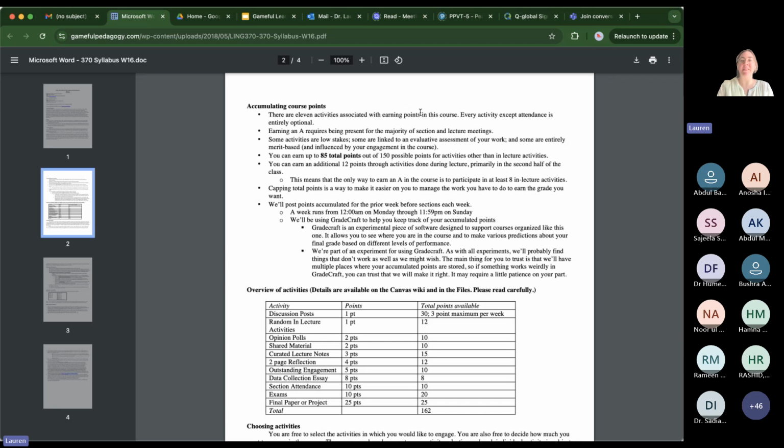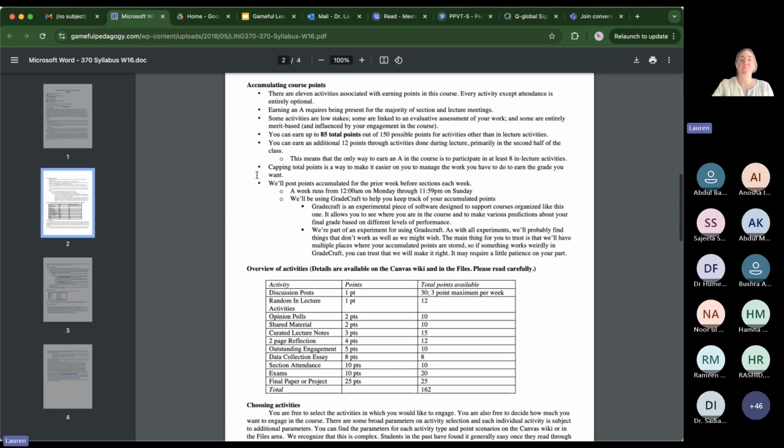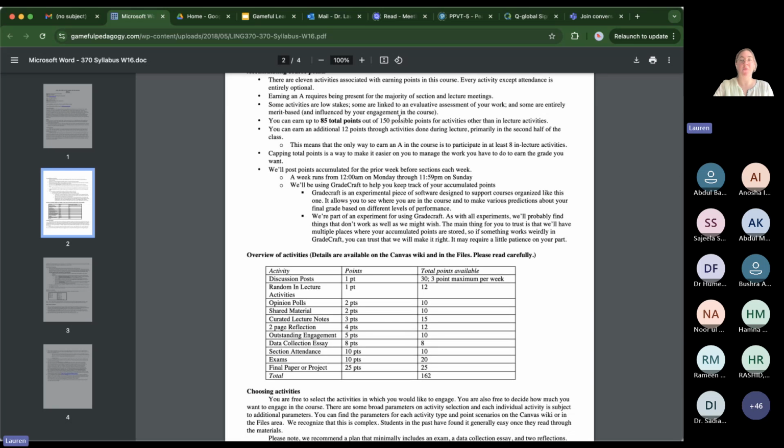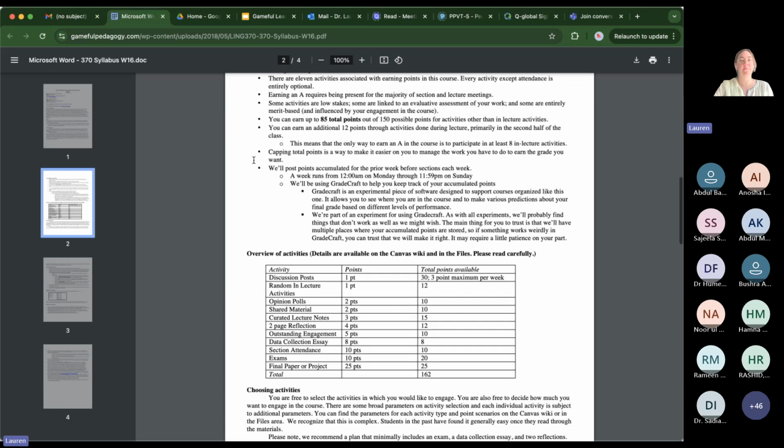So for us, it might be something different, right? You have to complete a certain number within each category, perhaps. Some activities are low stakes and some are merit-based. You can earn up to 85 total points out of the 150 possible points for activities other than lecture activities.